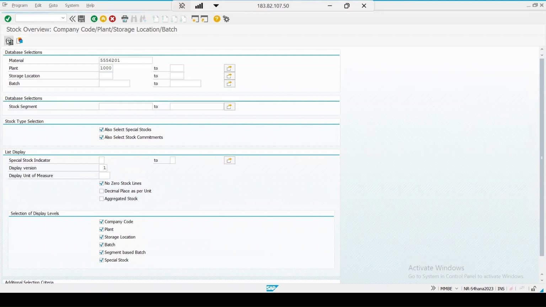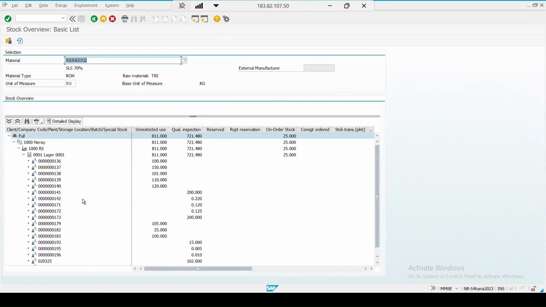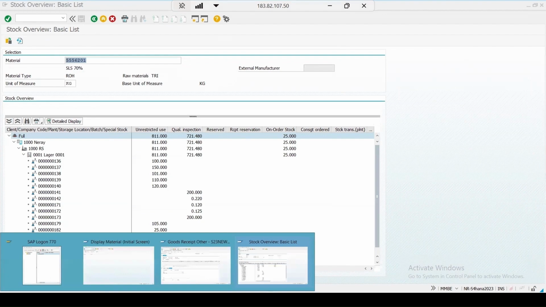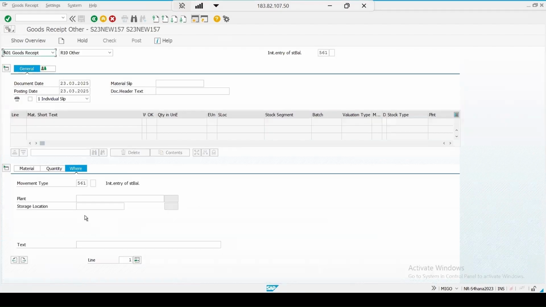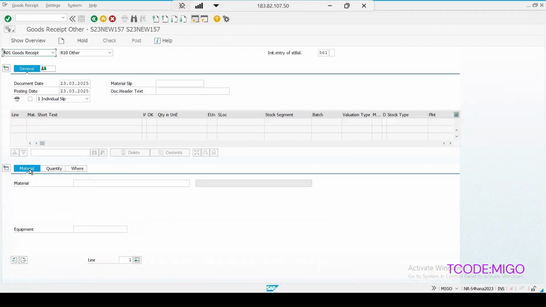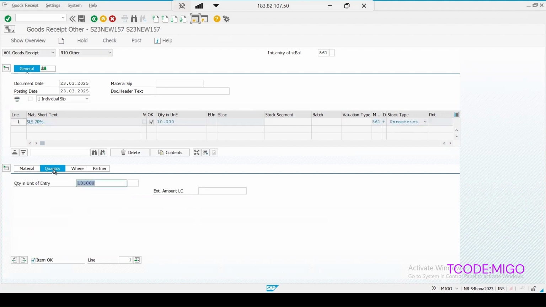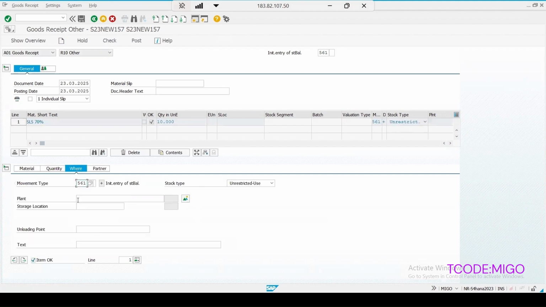Click on execute, and now let's try to do the MIGO transaction again. The material is this, quantity I'm keeping as say 10. Enter, and where location I can specify as this, and the storage location we can specify.